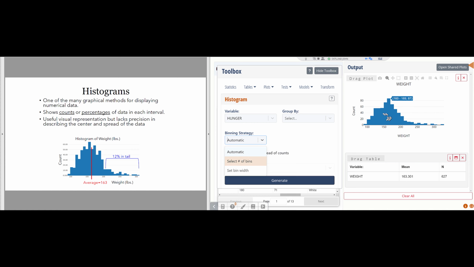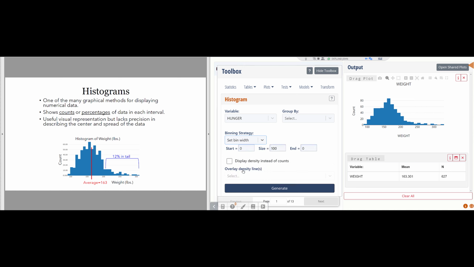Okay, so it appears that by automatically choosing bins, aisle went ahead and chose 10 bins that were 10 pounds wide. But if I choose bins that are, let's say, 4 pounds wide,